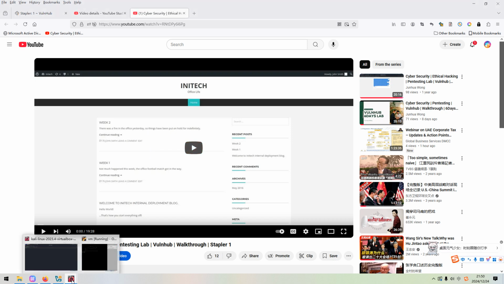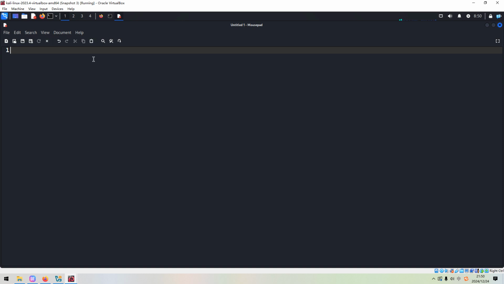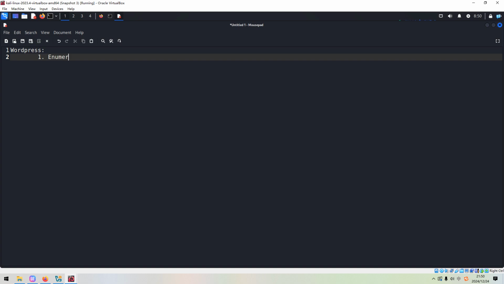We can switch over to Kali. If you can identify the target is running WordPress, so what can we do? First of all, we need to enumerate the username.